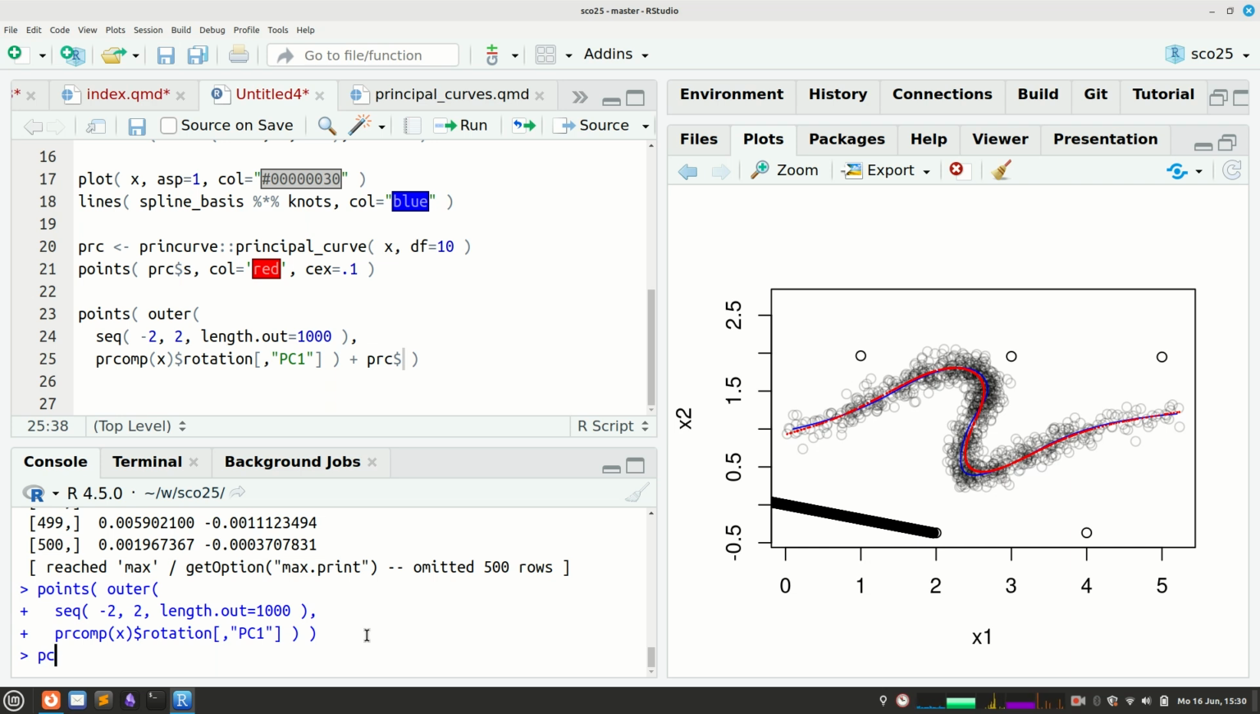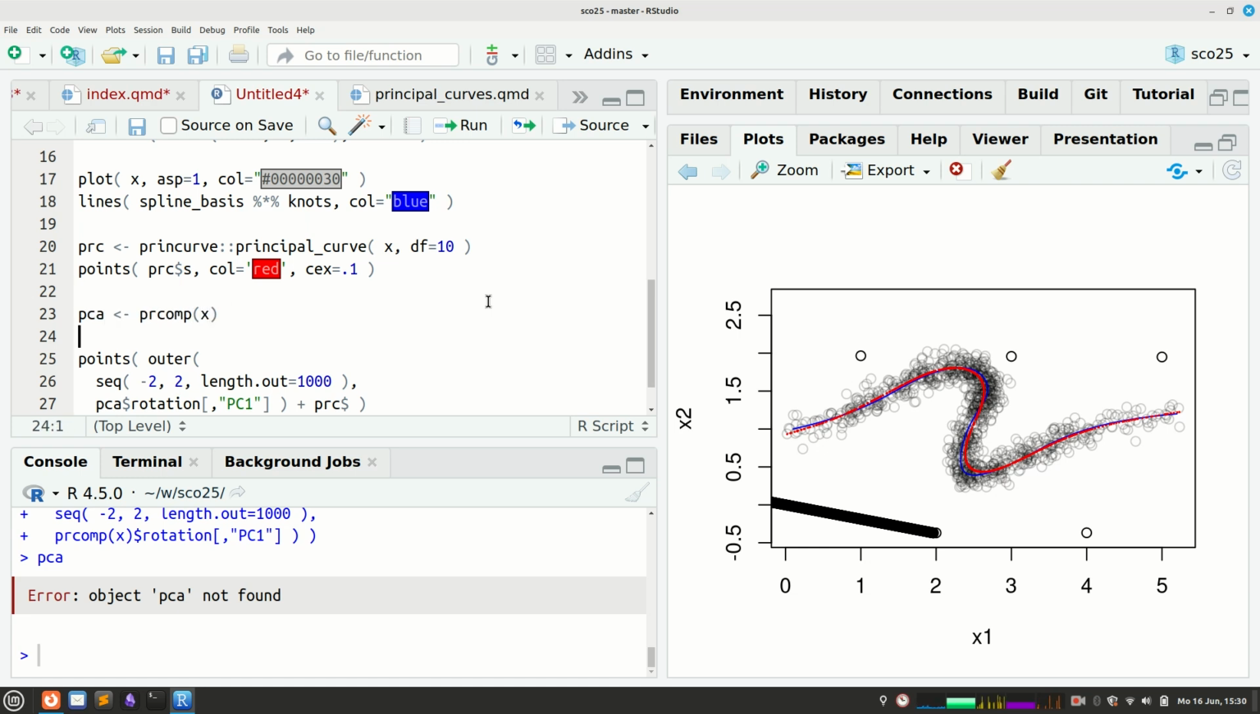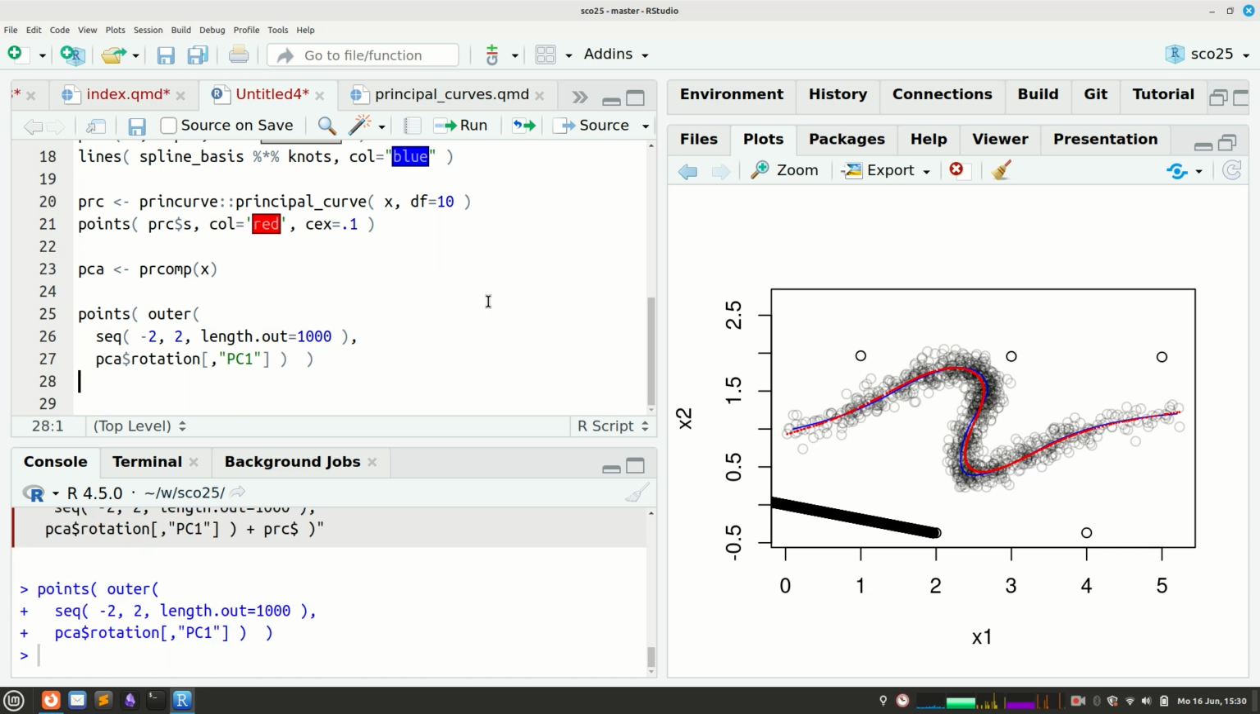Not PSC, PCA. Where have I just put the... here? Principal comp... PCA. So I do my PCA, I do this thing, this here, and as you can see, it sits too far